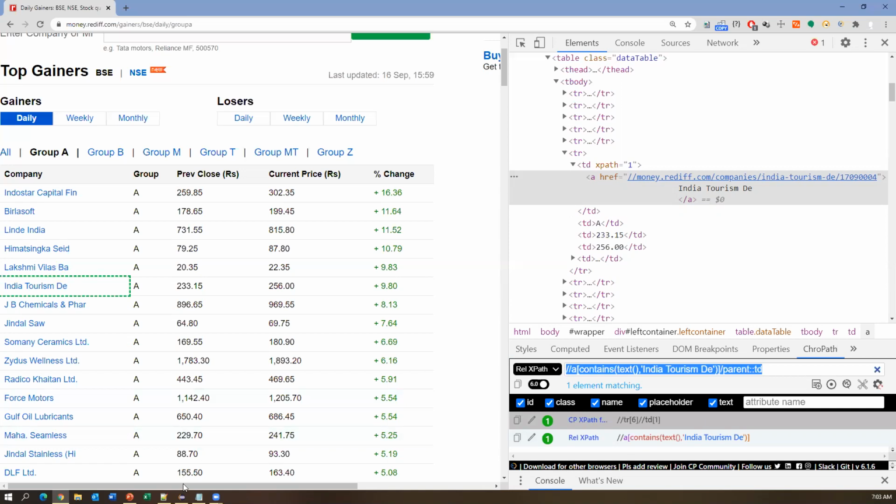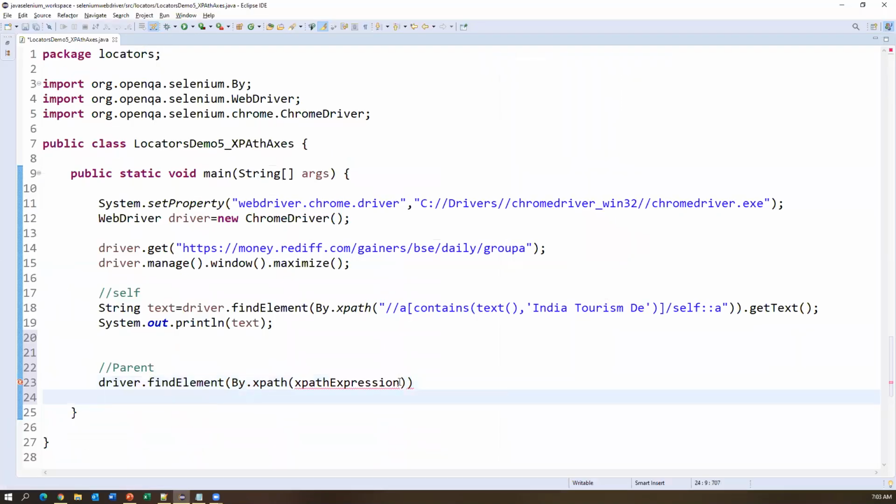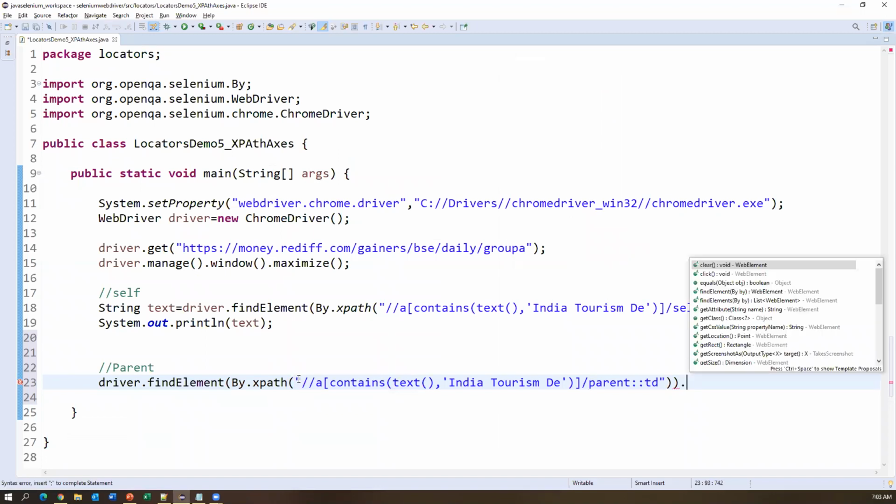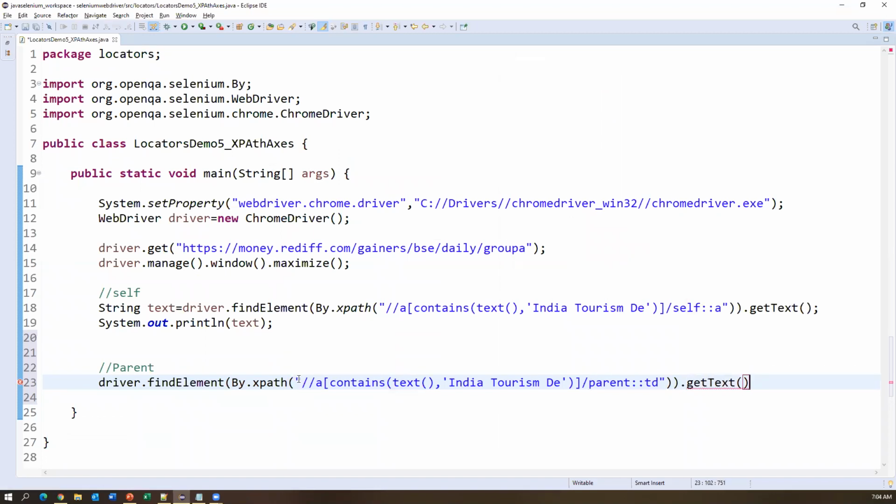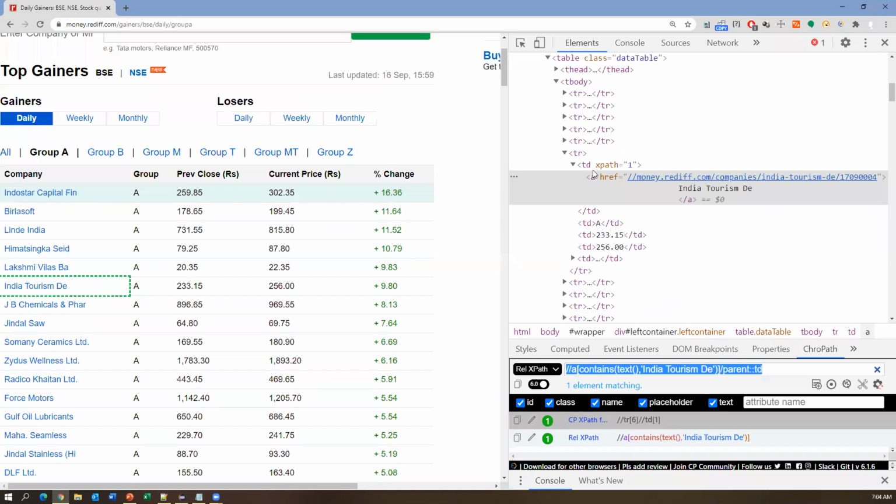So I can copy this and specify it here as part of XPath, and then again I'm using get text. This will also give you the same value because the TD itself doesn't have any value. Inside the TD is the anchor tag, and inside this we have a value, so this value will be captured. Basically the TD is representing the whole cell here. Whatever text is displayed inside, that will be captured.